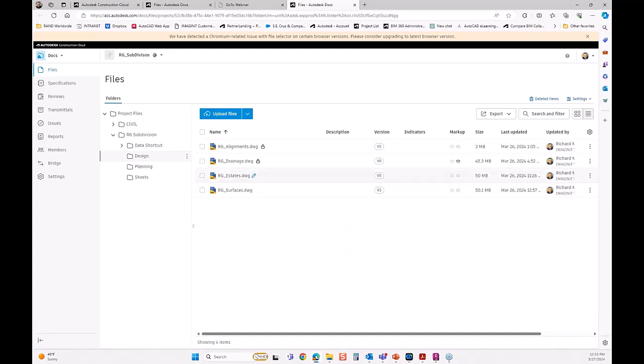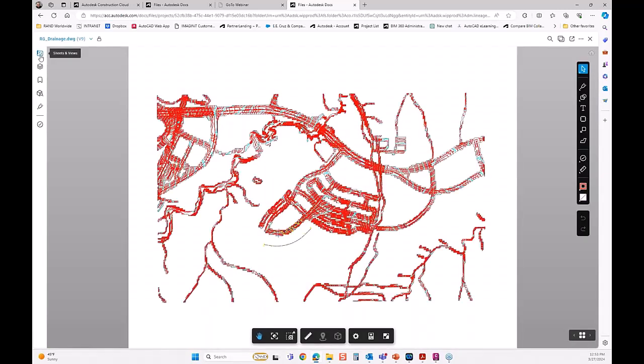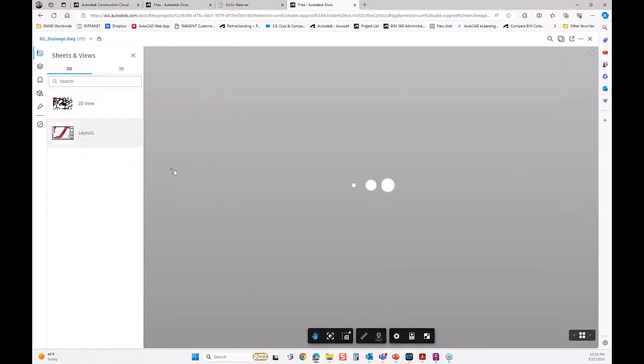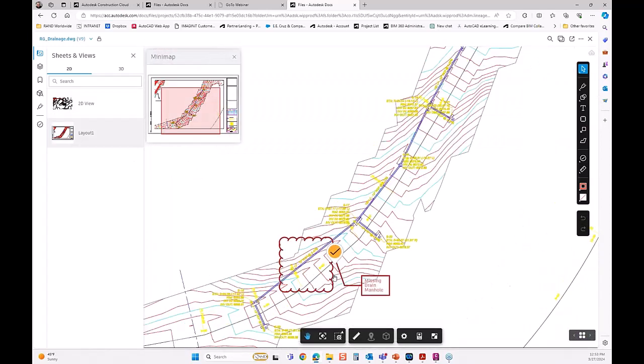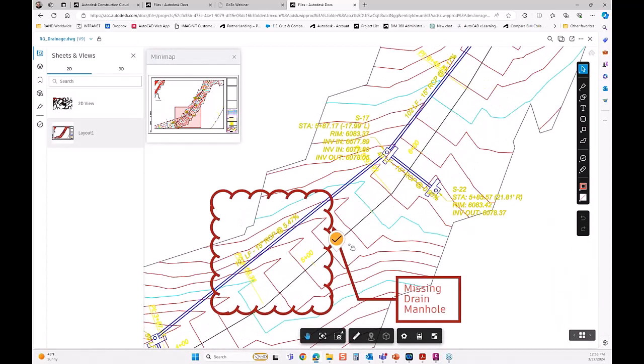Which took me right to that file. So I can come over here, allow me to view that file, and I come in here and see the markup directly. So I can go in the way that he showed you, showing the issues that have been created and assigned to me. I can come in here and click right on the link and go right into here. Now I can see that I'm missing that manhole. So I can come over here very quickly and pop back over